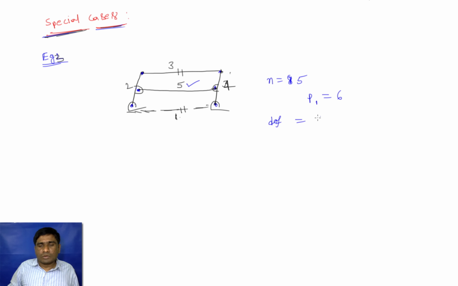Degree of freedom equal to 2 into 5 minus 1, that is, sorry, 3 into 5 minus 1, that is 12. 3 into 4 minus 2 into 6, that is 12. So 0. That means degrees of freedom is 0. But if you observe carefully, this degree of freedom is not 0. Why? Because we have already seen, for example, if I consider this instance,